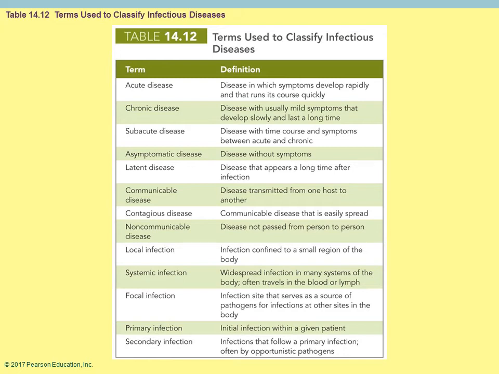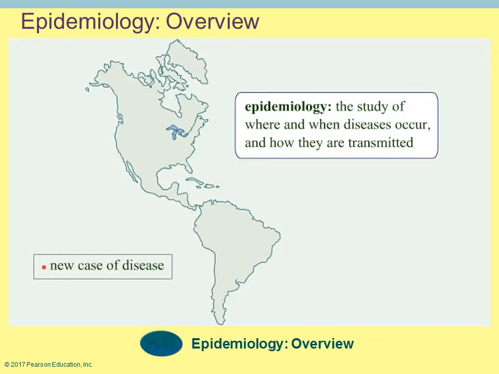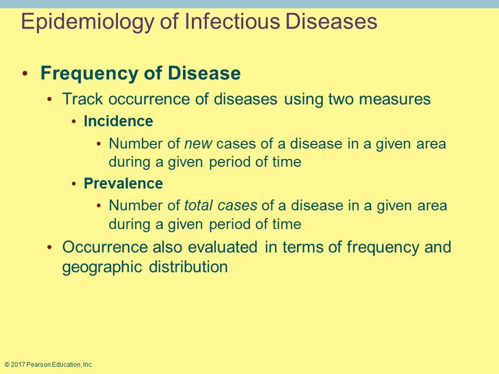So that just shows examples of different types of those infections. Epidemiology is especially within microbiology. Once again, this is the study of where diseases occur, when did they occur, how are they transmitted. It's kind of like you have a new infection coming out. We need to figure out how it is being transmitted. The idea behind it is so we can stop the transmission of it.